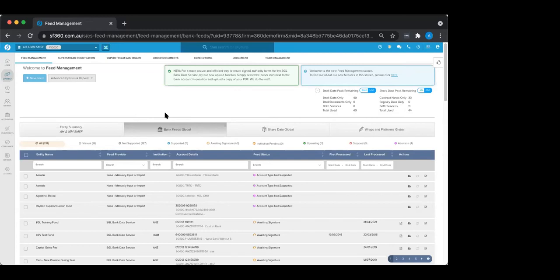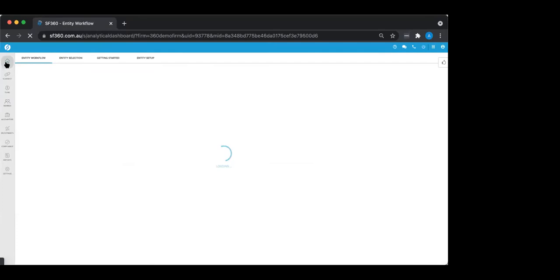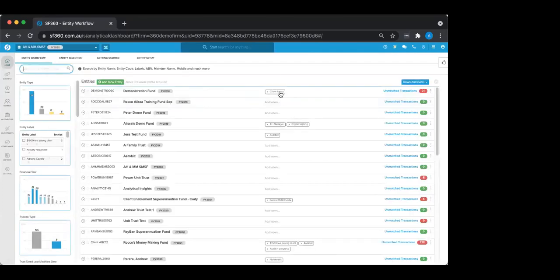What's my available pension that I can withdraw now? The other thing that we found it gave us the ability to do was it gives you an insight into what was occurring in the fund throughout the financial year. So if I jump back across to this home page, I'm sure most of you have seen or realize that this is on here, but it's got this unmatched transactions thing. So as an example, if you happen to log in one day and you notice that one of your funds that might usually have 12 transactions for a year and potentially some journal entries that have to come through at the end of the year, all of a sudden has 150 transactions already,